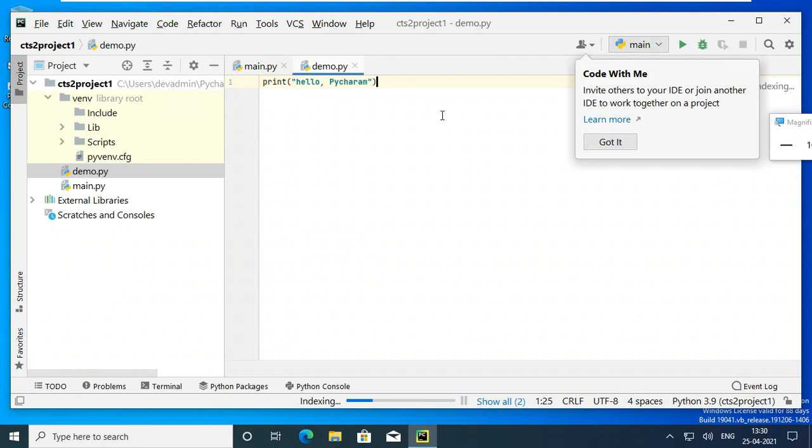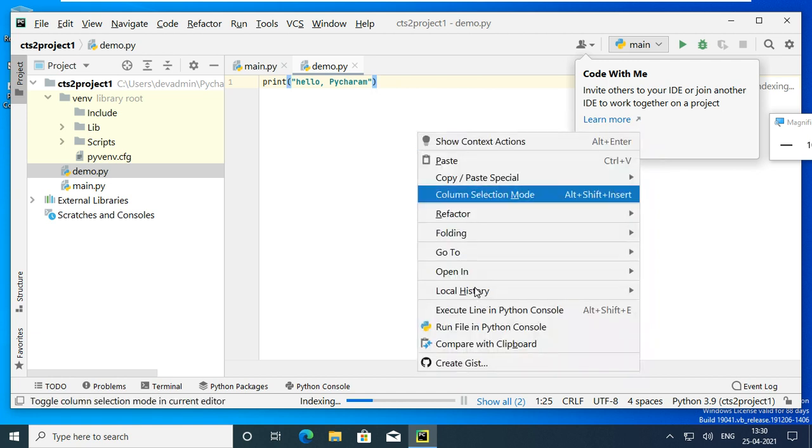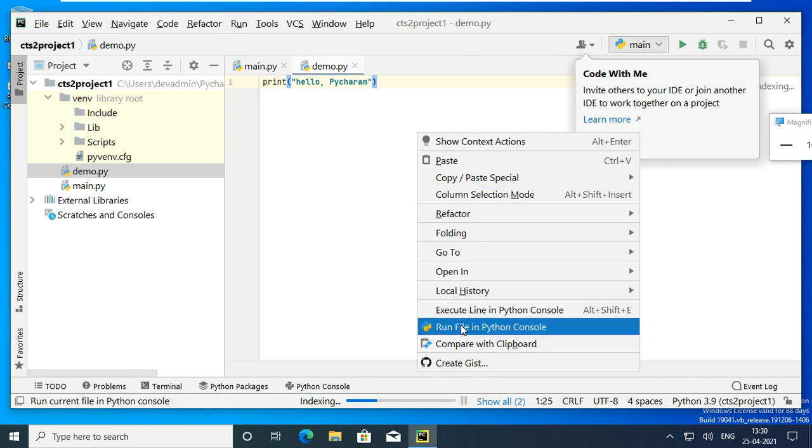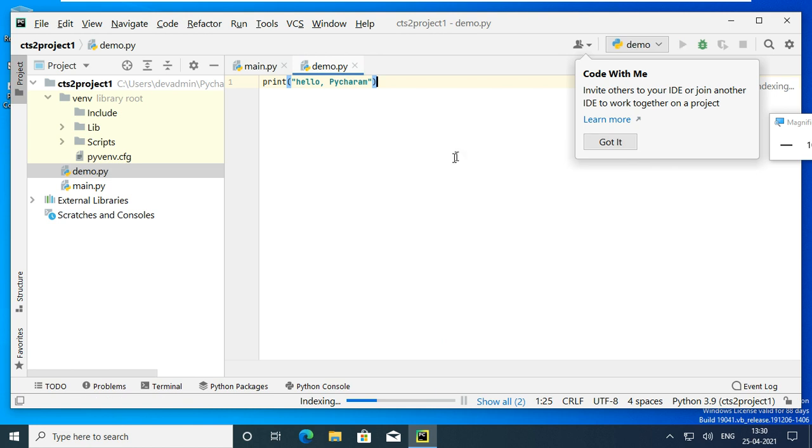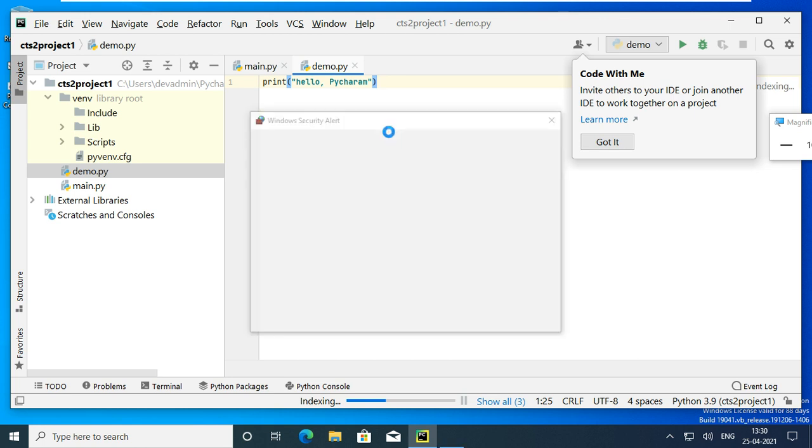Okay, so right click, something is showing here, code with me kind of stuff. Okay, right click on this empty screen. Oh, everything is changed here. The new one has so many other things. Run file in console, something is showing. Okay, got it. Actually, run is there. That's it. It's showing so many things.